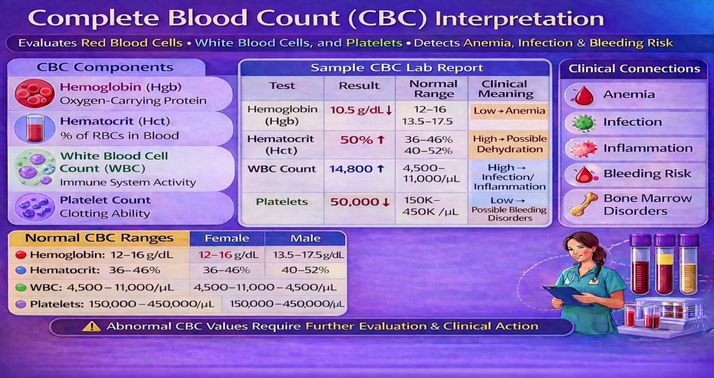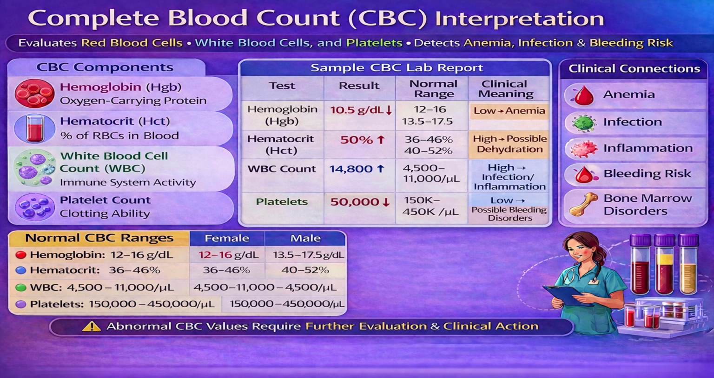One of the most important is hemoglobin, often abbreviated as HGB. Hemoglobin is the oxygen-carrying protein found within the erythrocytes. When hemoglobin levels are low, the blood's ability to transport oxygen is reduced, which may lead to symptoms such as fatigue, weakness, and shortness of breath. In this example, the hemoglobin value is about 10.5 grams per deciliter, which is below the normal range and may